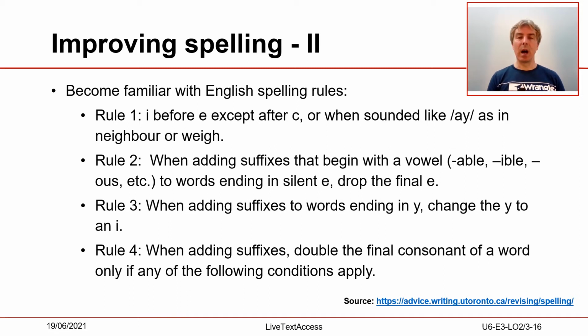Rule 1. I before E except after C, or when sounded like A as in neighbor or way. This simple rhyme helps explain the difference between the spellings of believe, I before E, and receive, except after C. In general, when the long E sound is spelled with the letters I and E, the order is IE: shield, field, fiend. Common exceptions are leisure, seizure, and weird.